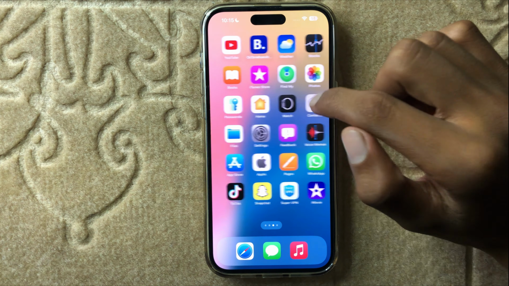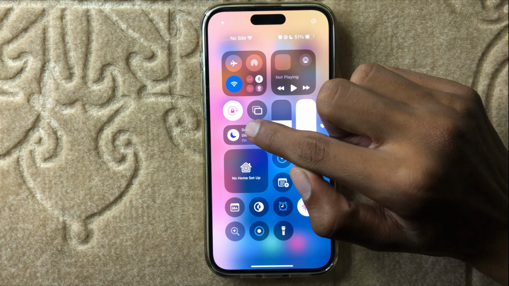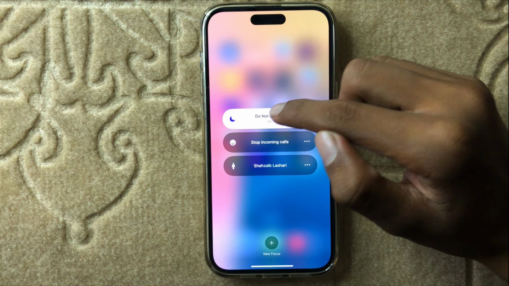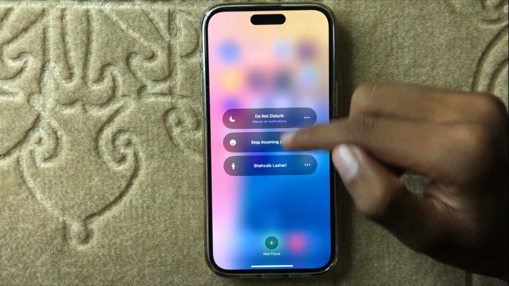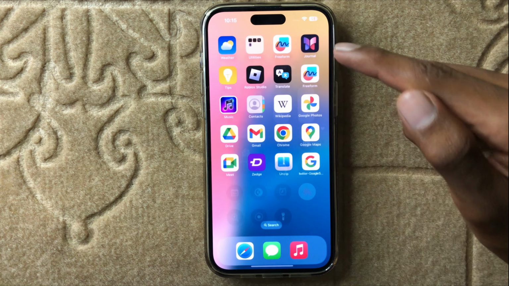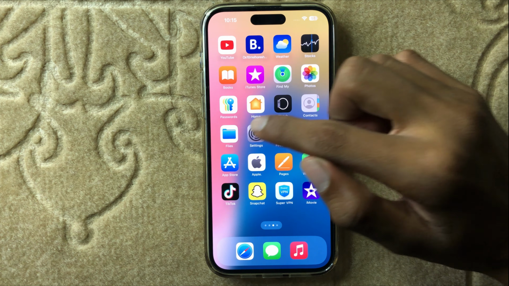First of all, swipe down in Control Center and click on Do Not Disturb. If you turned on Do Not Disturb, then turn it off. After turning off Do Not Disturb, your notifications will be showing. If it doesn't fix, then open Settings